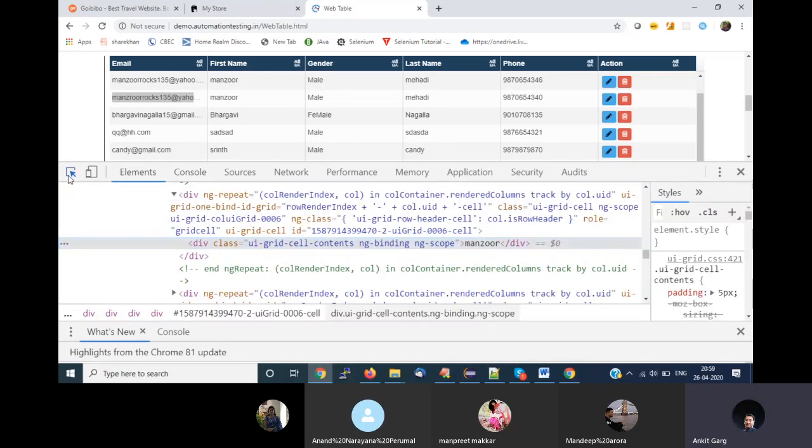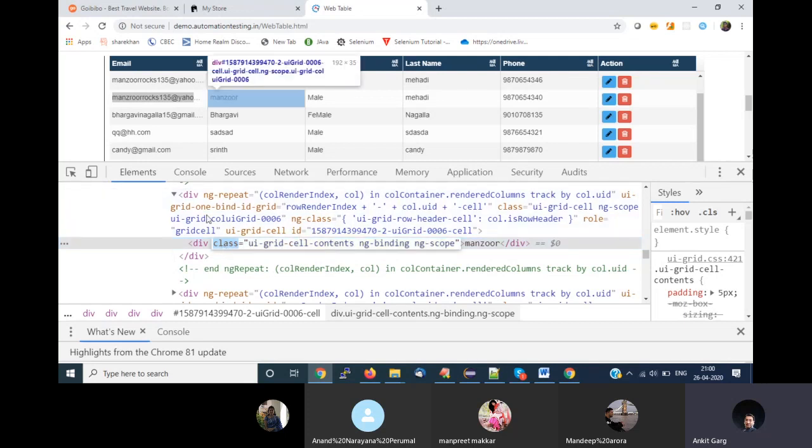If I mouse over any of your elements, it will highlight the HTML only for this element, right? I am not interested in this element. I have to get all the values for your web table. Now your web table has multiple rows and multiple columns. To get to that point, I have to keep navigating to the parent of the elements.